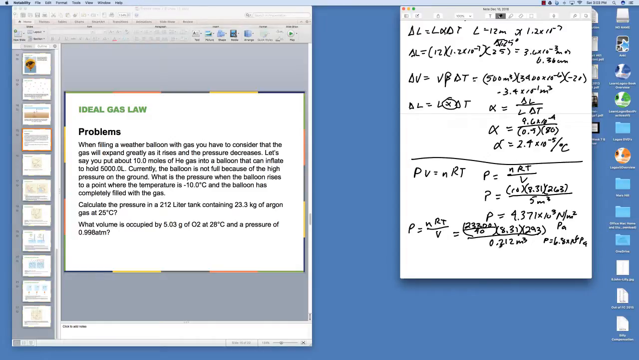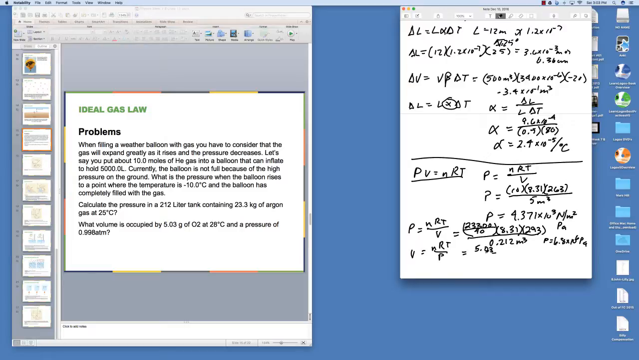The last one says what volume is occupied by 5 grams of oxygen at 28 degrees and a pressure of 998 atmospheres. Now remember, 1 atmosphere is approximately 1.01 times 10 to the 5th pascals. So we want volume this time, and if we solve this equation for volume, we get the same sort of equation, except it's divided by pressure instead of volume. And so that's going to be